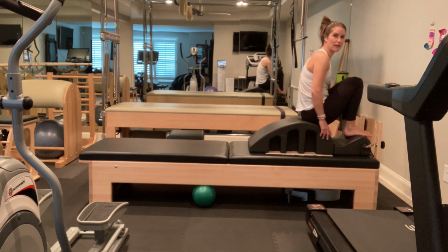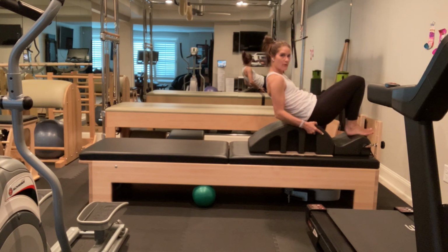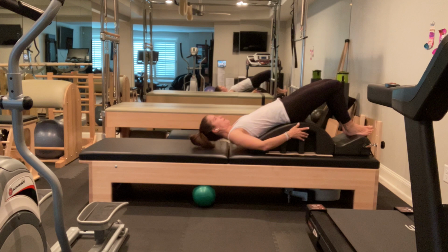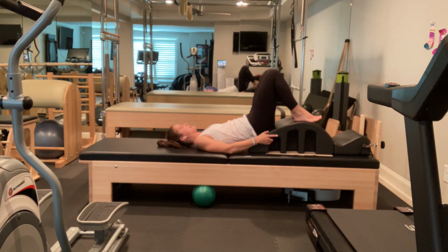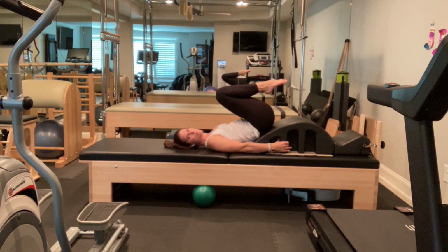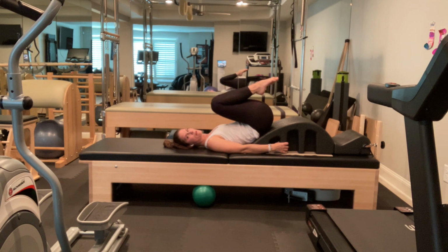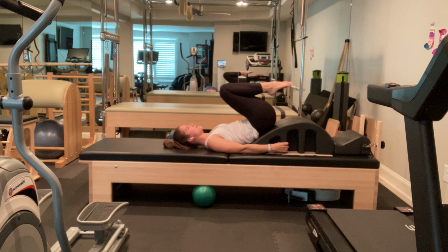I'm going to bring my feet onto the step. I'm going to sit at the front apex. I'm going to hold on underneath, articulate down, and I'm going to roll or slide back. I want my sacrum to be flat, flat, flat, flat on the arc barrel. I'm going to hold on underneath, pressing my arms and shoulder blades in without flaring my ribs. Squeeze my legs in, try to flatten my sacrum, but don't lift it up yet. From there, I'm going to inhale,